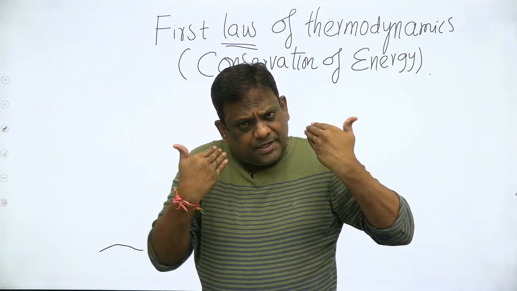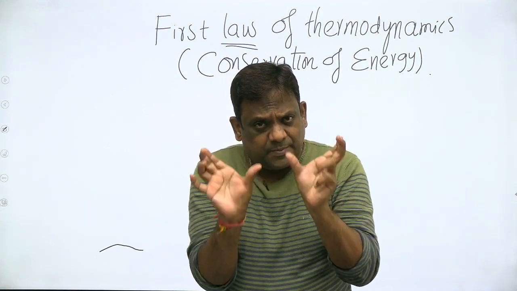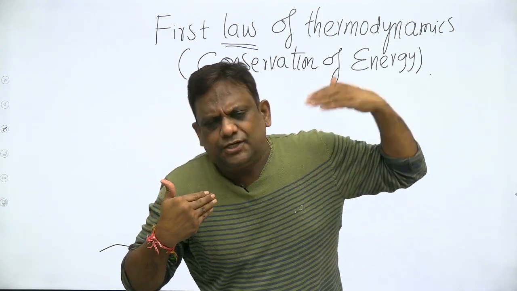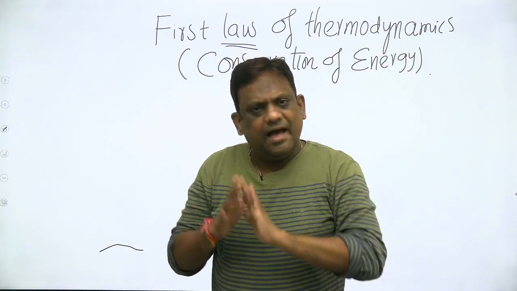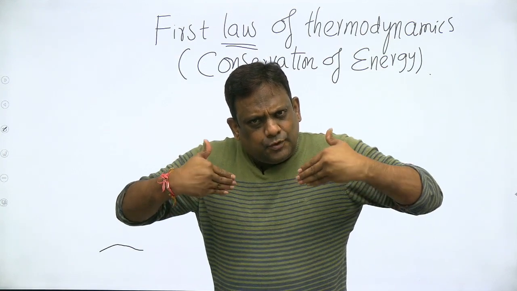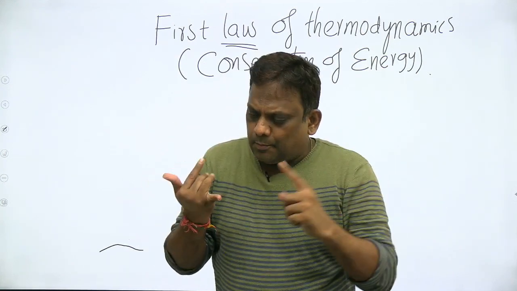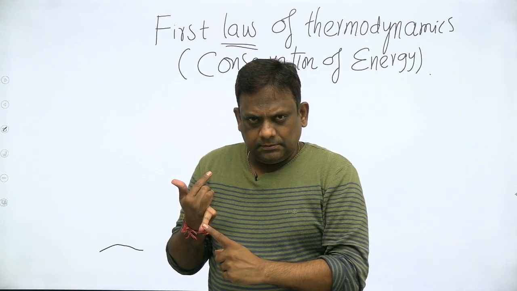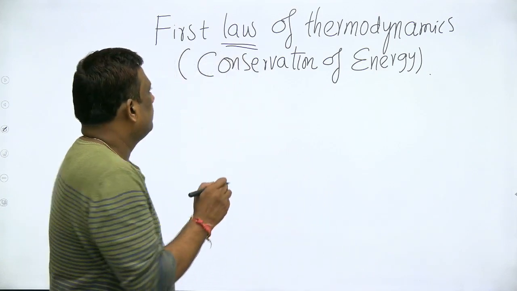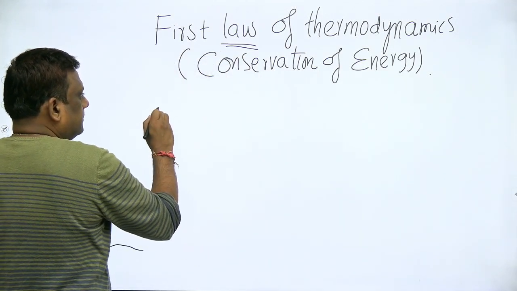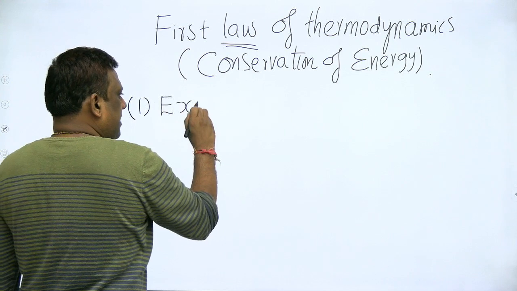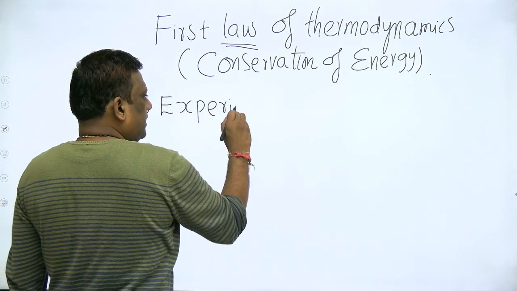So if I am giving you some equation and I say that it is obtained from experiments, we have to accept it. If you do not have the courage to accept, you should have the courage to disprove. Then you start that work. I have no problem whatsoever. Now, I'll be giving you some equations which are obtained from experiments. Point number 1. Now, look carefully. The first thing you have to keep in mind is that whatever equations I am giving you are obtained from experiments.